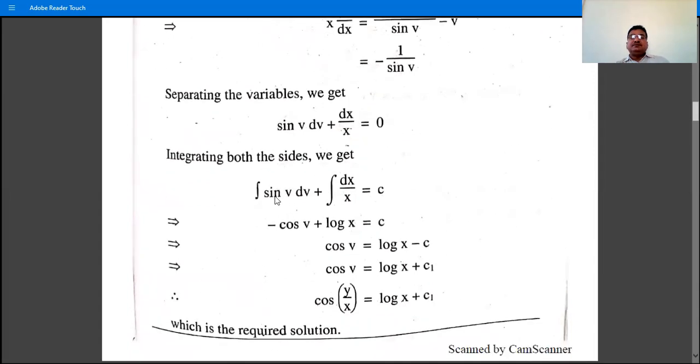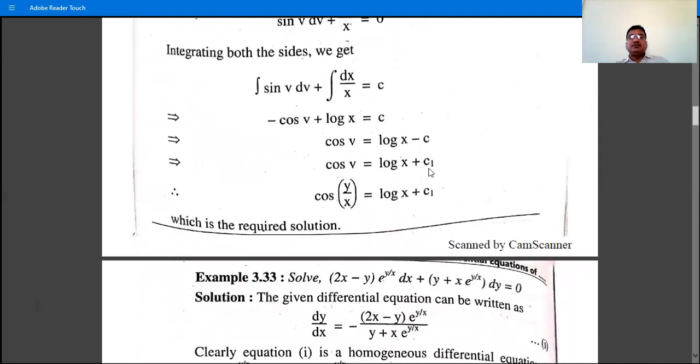Then integrating, we have integration of sin v dv plus integration of 1 by x dx is equal to c, the constant of integration. The integration of sin v is minus cos v, because integration of sin x is minus cos x. So integration of sin v is minus cos v, plus log x, since the integration of 1 by x is log x, is equal to the constant of integration, and therefore cos v is equal to,